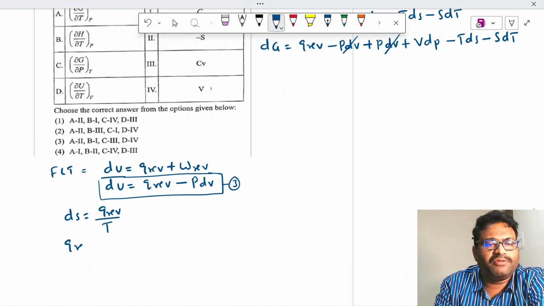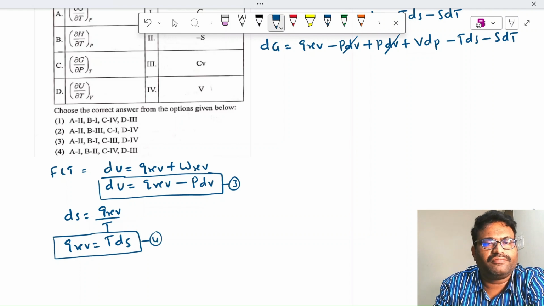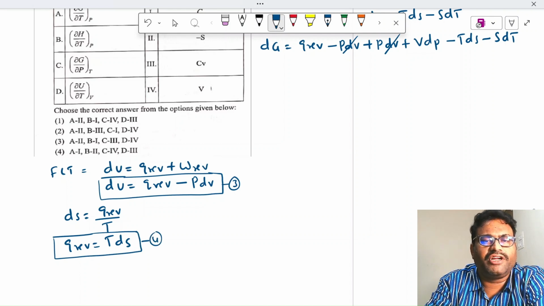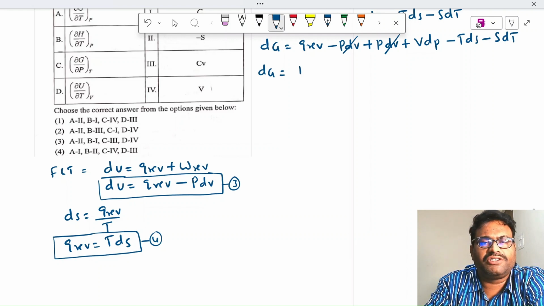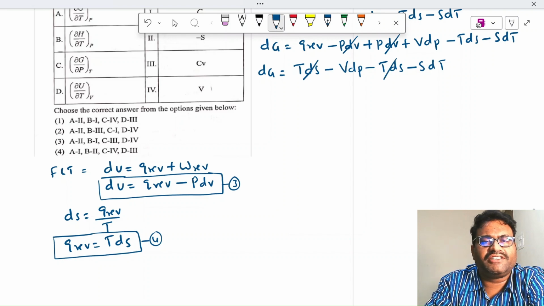And q reversible will be equal to t into ds. So use this equation 4 in this equation, and what do you get? dg is equal to q reversible is t into ds minus v into dp minus t into ds minus s into dt. So t into ds minus t into ds gets cancelled. Then dg is equal to,